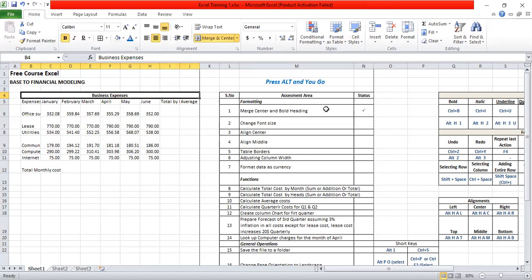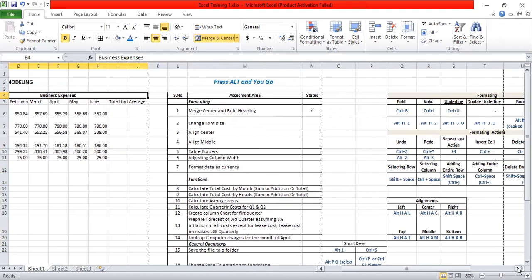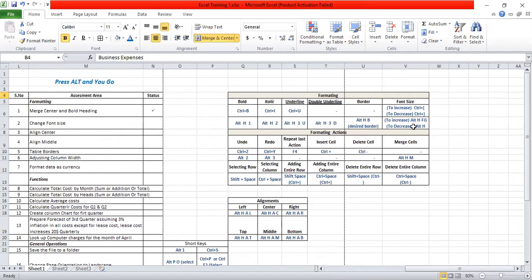Now I have to increase the size of the font. The shortcut to increase the size of the font is, in order to increase the size, you have to press Ctrl and open bracket. In order to decrease, you have to press Ctrl with close bracket,